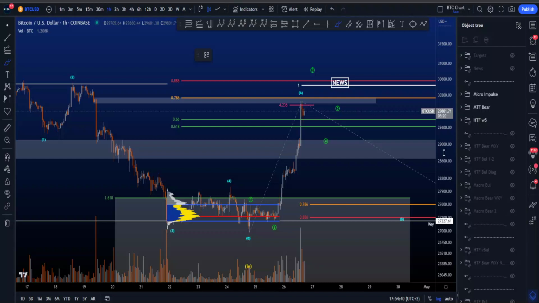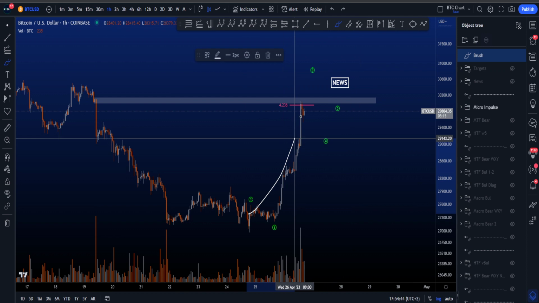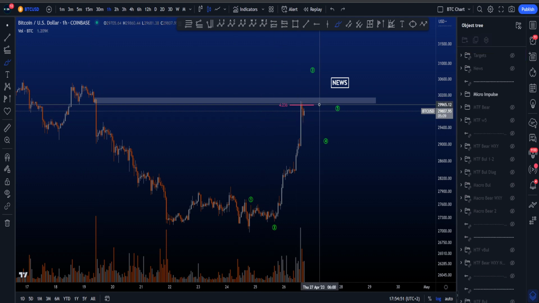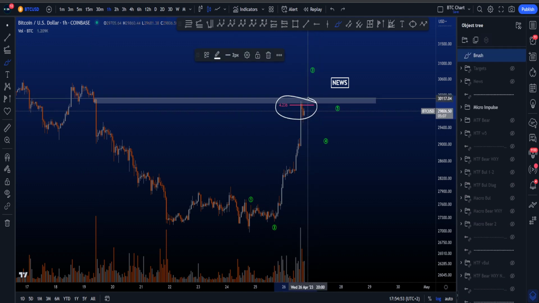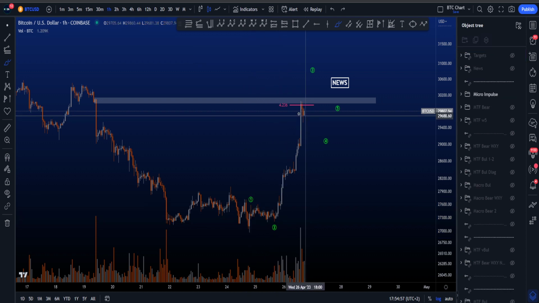Hi everyone, let's go through my preferred and alternative Elliott Wave scenarios on Bitcoin. Starting with this look at the impulse, where currently we find a little bit of resistance at this 1 hour order block, as well as after filling this gap over here. And we also have the 4.236 extension target pulled from the low of 1 to the high of 1 to then the low of wave 2, which is a very valid wave 3 target as well.